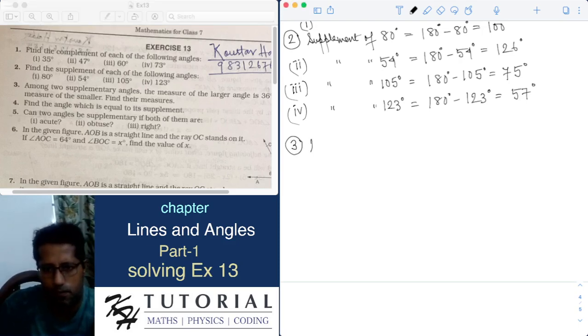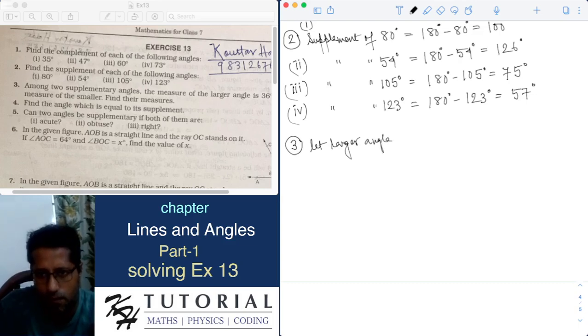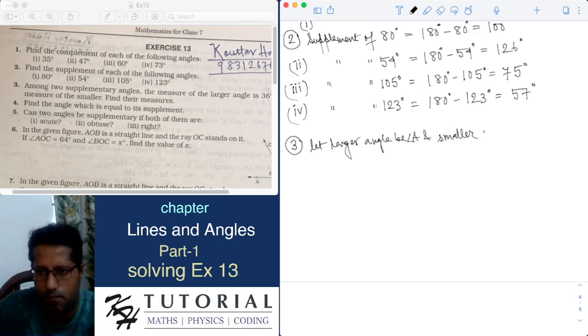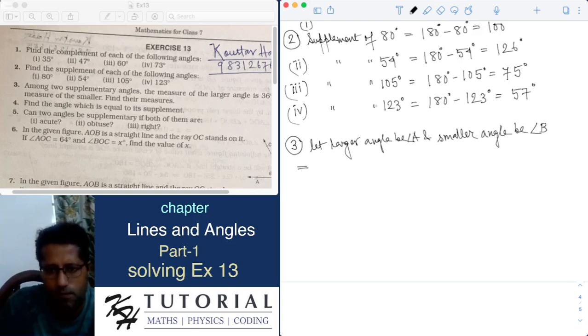So let larger angle be A and smaller angle B. So this implies, we know that the angle A plus angle B should be equal to